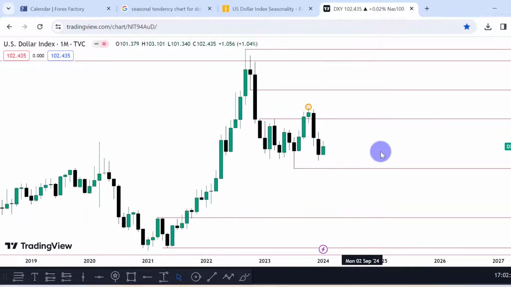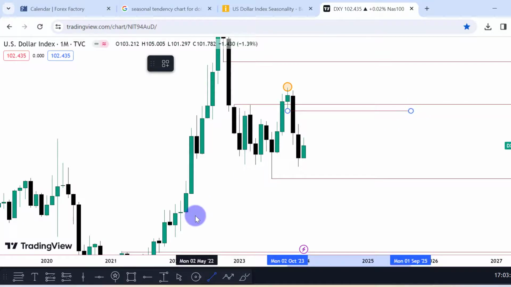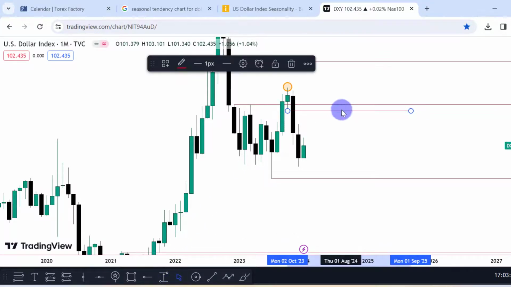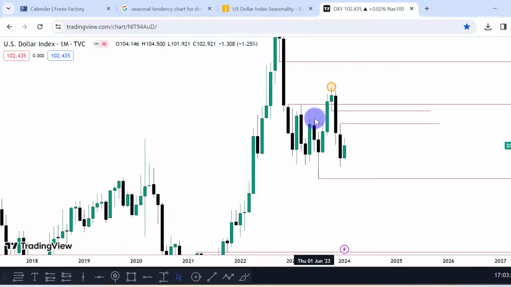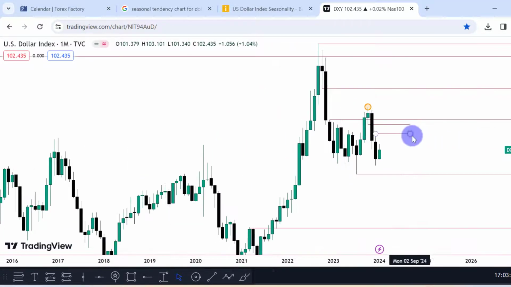All right, so right now I'm looking to see the dollar possibly trade into this institutional order flow entry drill on the monthly time frame. Why did I say that? Because I see that the dollar has left a fair value gap here, or inefficiency on traded to, an inefficiency that was on traded to, fair value gap by the right, fair value gap by the left. This is an institutional order flow entry drill.